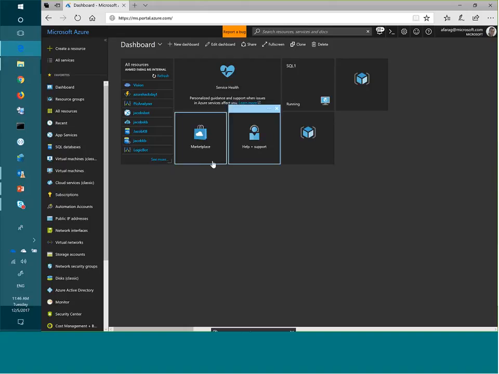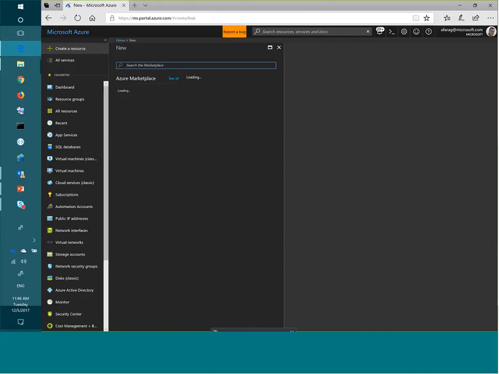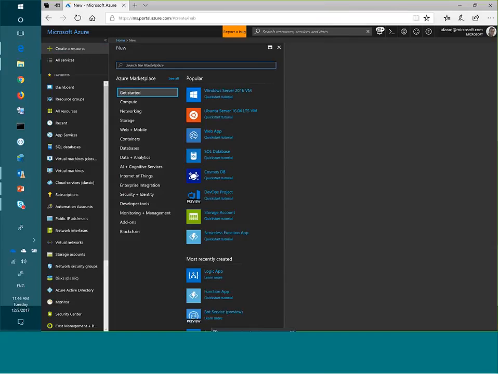If you don't have an account, it'll let you create a free trial with a $200 credit, where you can try resources in Azure without any restrictions. So right now I'm logged into my account, and I am at portal.azure.com. I'm going to go ahead and create a new resource, and that resource is going to be a Logic App. So I'm going to search for Logic App,